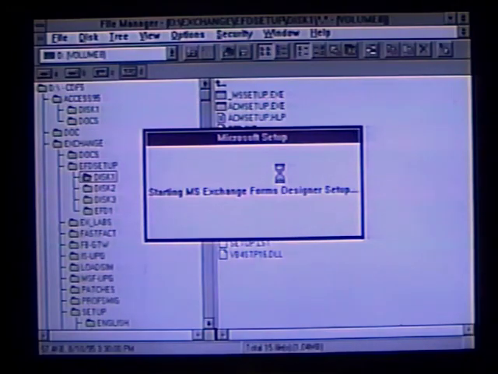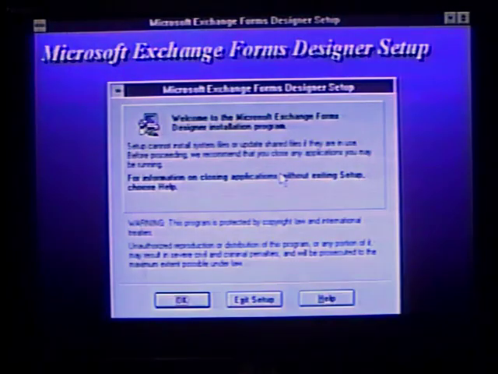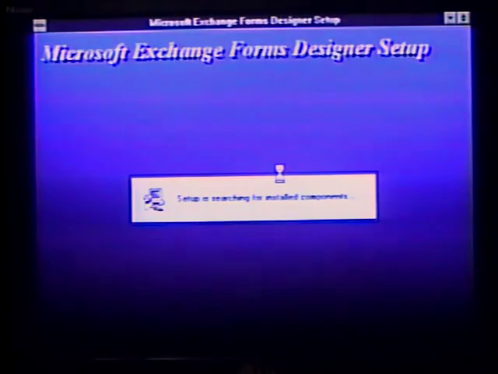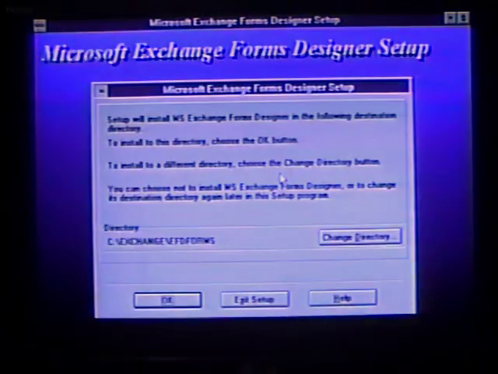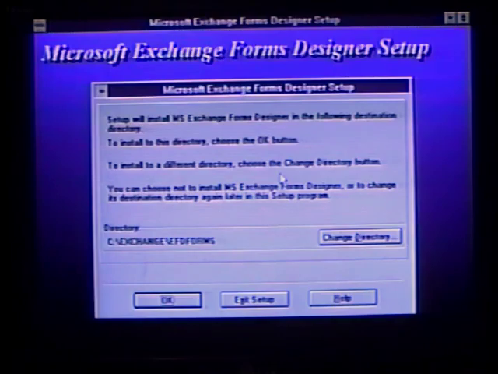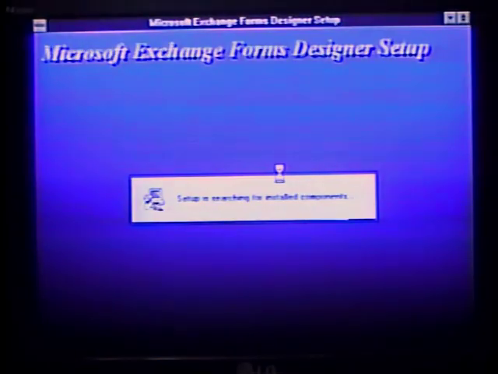Starting MS Exchange Forms Designer Setup. I have literally no idea what this is. And if I missed anything, please let me know in the comments. I should have said that in the first video earlier. I'm not perfect, so